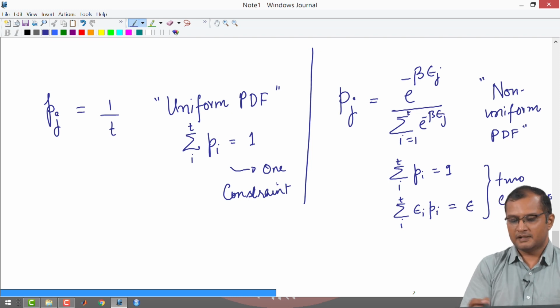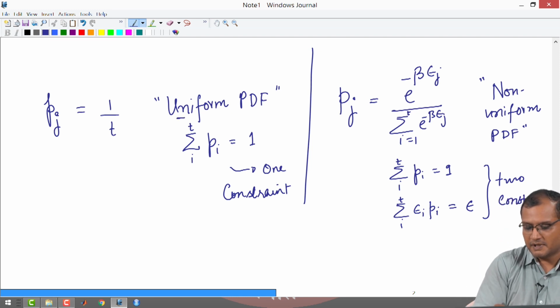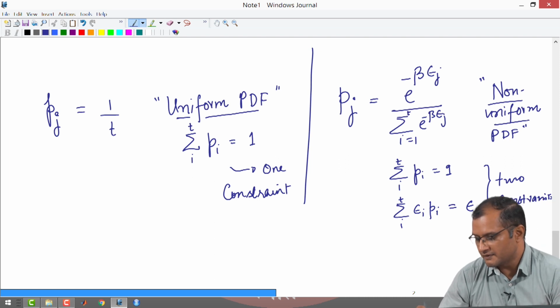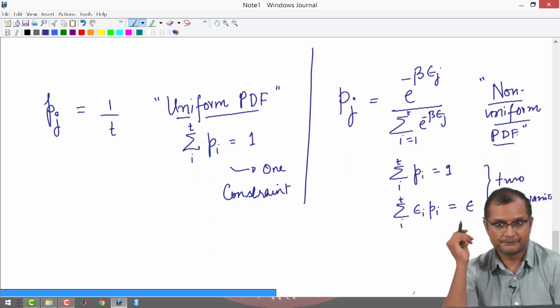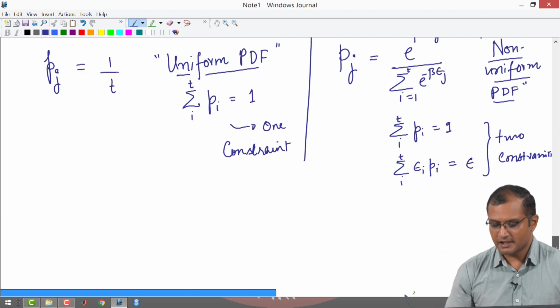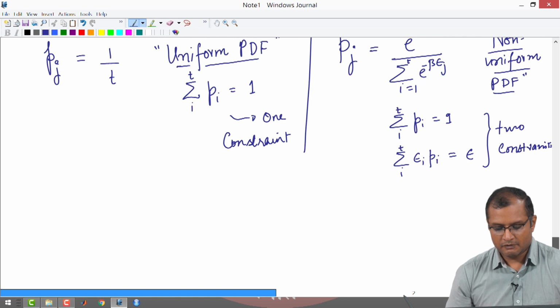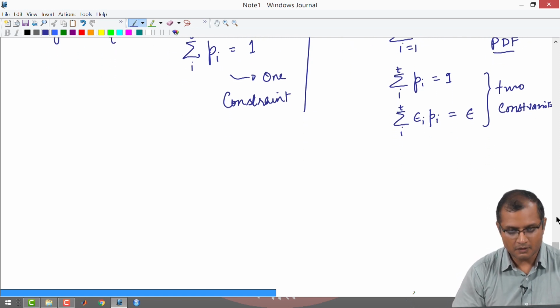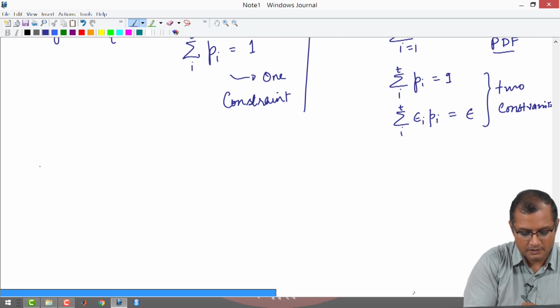Okay. And these constraints basically manifest in the type of PDFs that we obtain. Okay. So, that is the end of discrete probabilities. We will now move on to the case of continuous probability distributions. Okay. So, I am going to talk about the case of